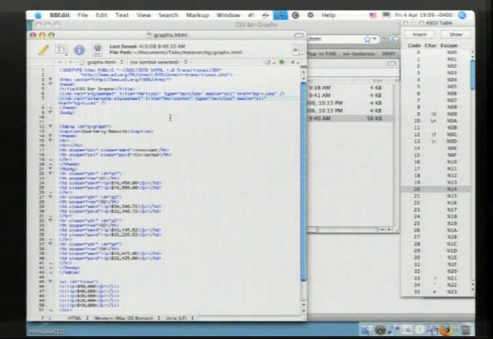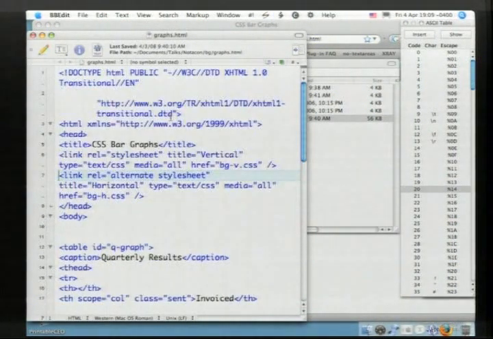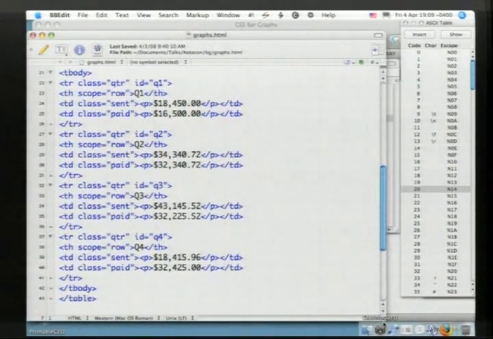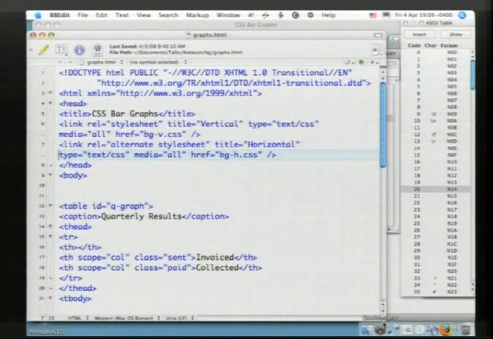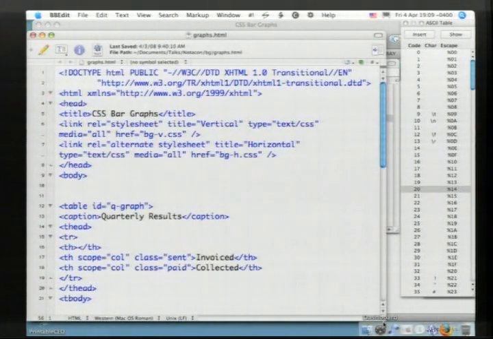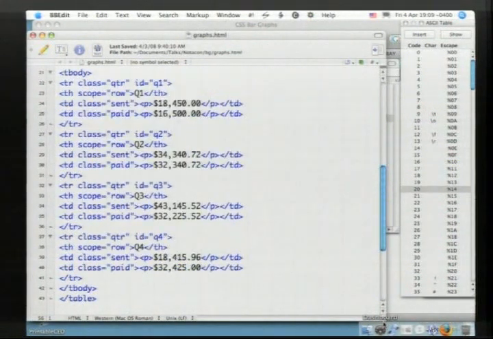There's the markup. That'll probably be easier to read that way. There's really all there is to it. That's the whole document. Obviously missing the style sheet. I have the style sheet somewhere else. And